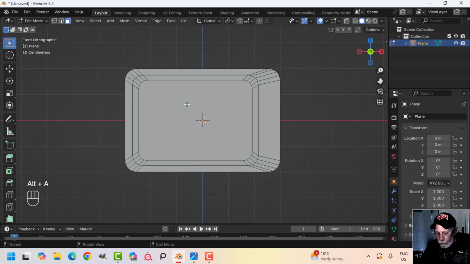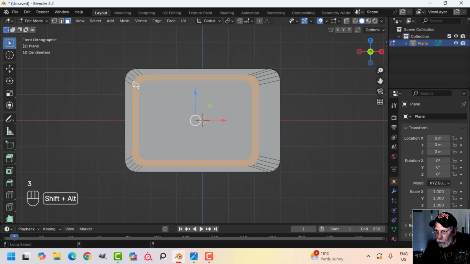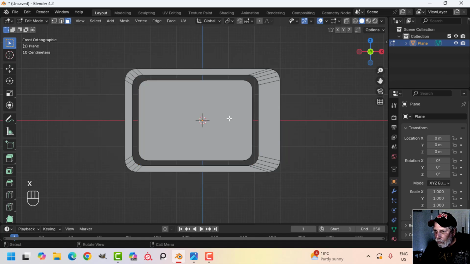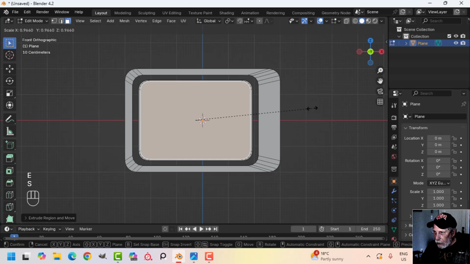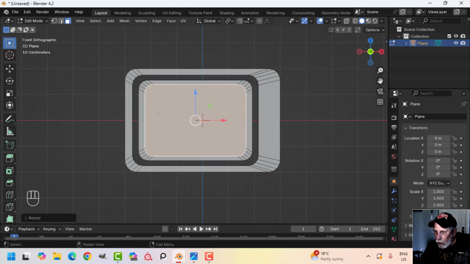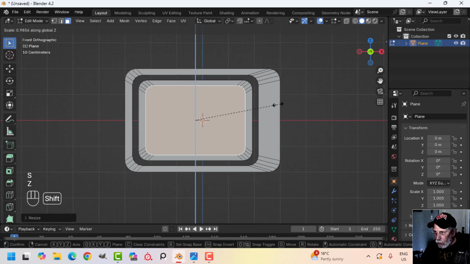Okay, deselect. Now 3 for face selection, Shift Alt and click this row, right? Shift Alt and click, and X faces. So I've gotten rid of those. Select here again, E and S, pull it in, and I'm trying to sort of match the thickness. And so just scale it in, match the thickness as best you can, S Z if you need to, and then